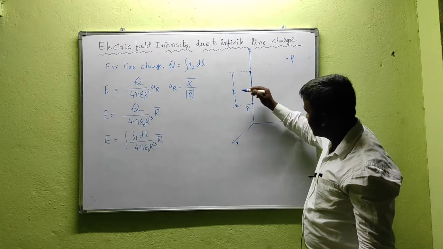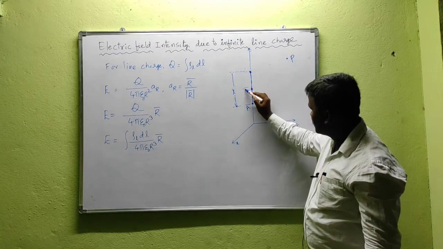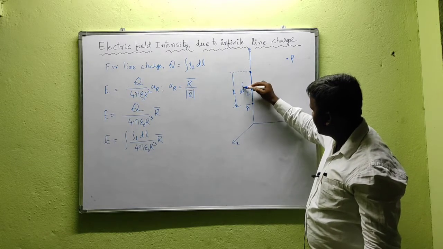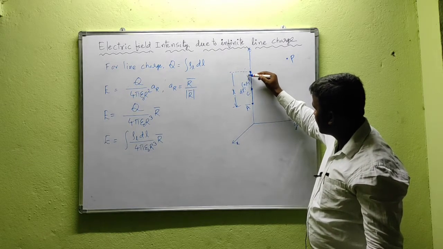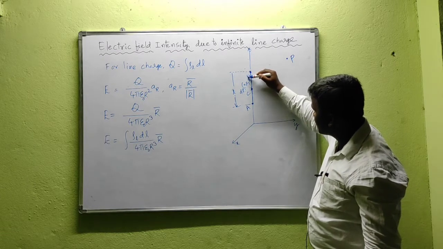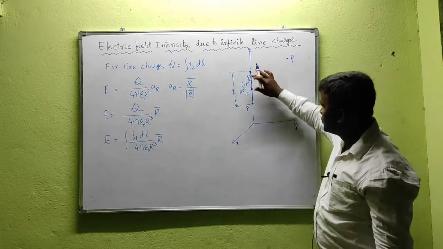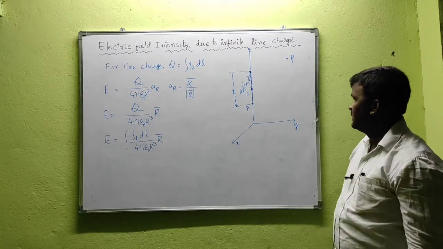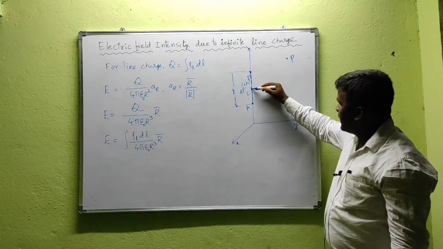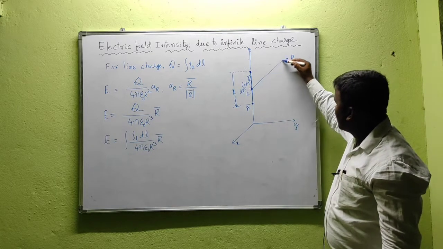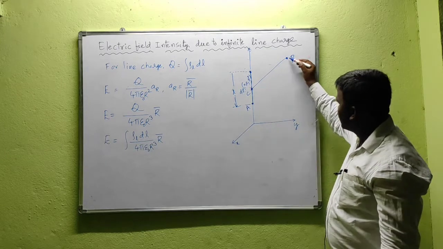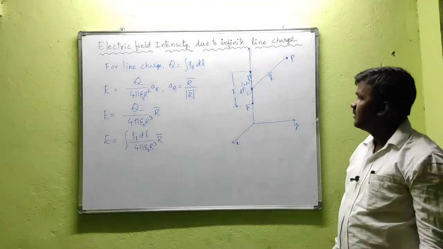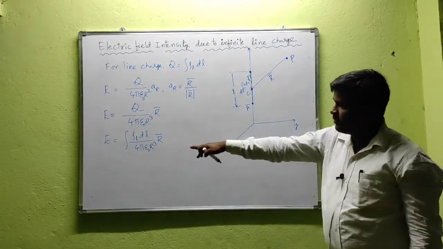So let us take this point of length dl, and this point is taken as C, with coordinates 0 0 z dash. As it is along the z axis, x y components are 0. We have z component, that is z dash. Let us join this point C and P like this. So it is starting point, it is ending point. So we will get distance vector R bar like this. The length between this C and P is nothing but our R.